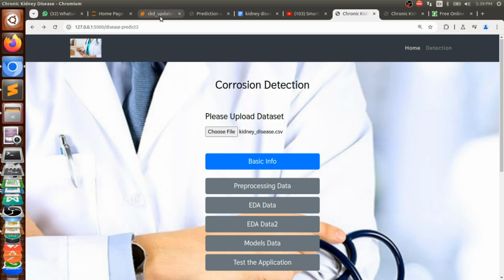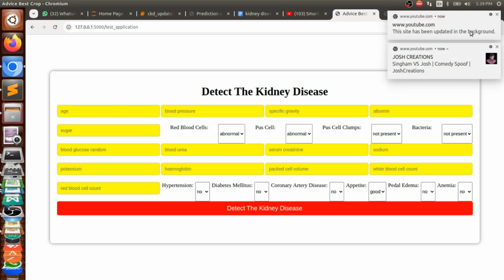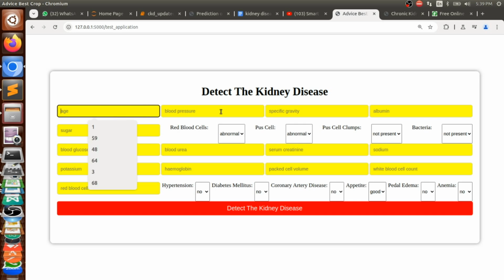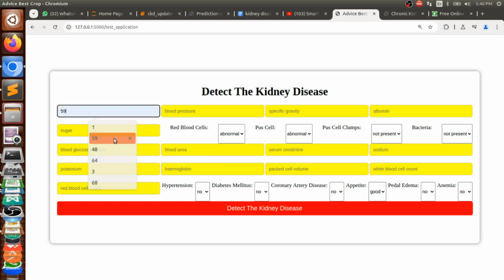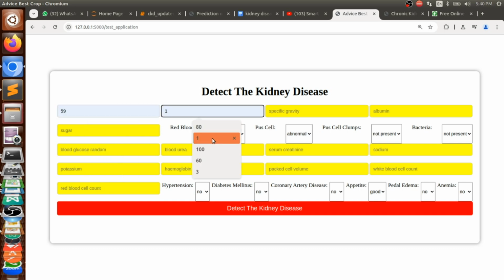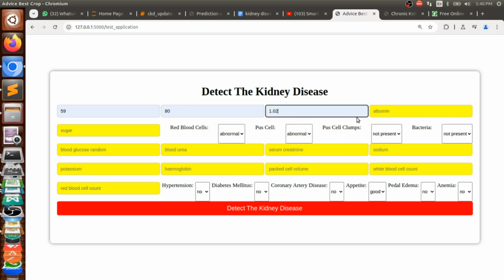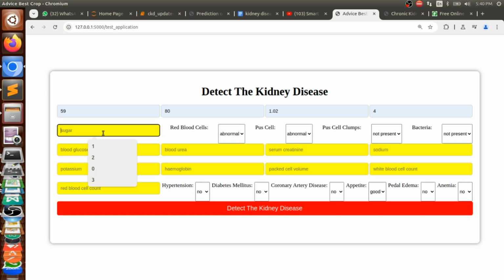And you can see all these 10 models are there, and the model parameters can also be given on the front end. What is the age, the blood pressure, the specific gravity, the albumin count, the sugar. If you enter all these details of any person, it can say whether he will have chronic kidney disease or not. So let me go with this: age 59, blood pressure 80, specific gravity 1.02, albumin 4, sugar level 2, abnormal,